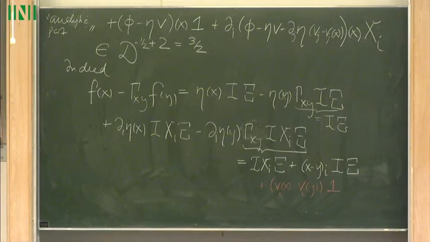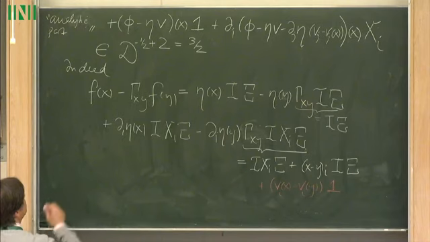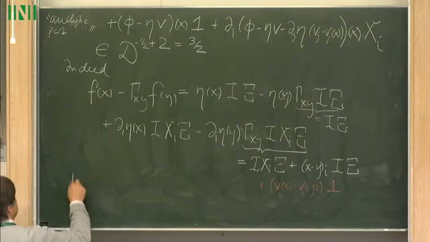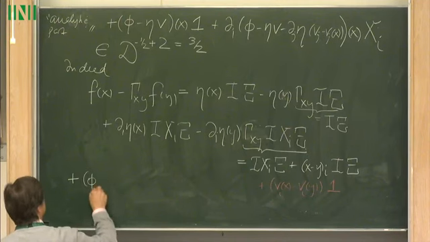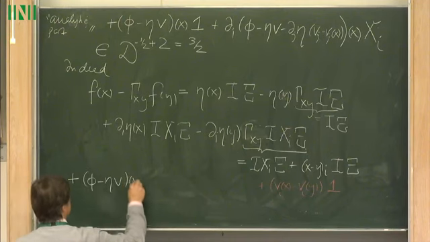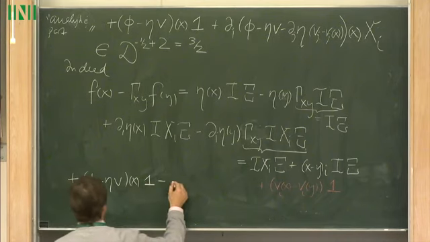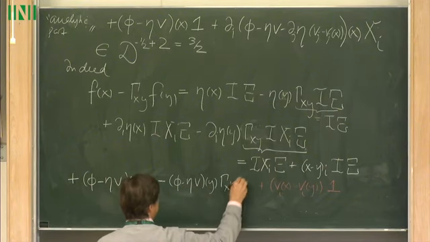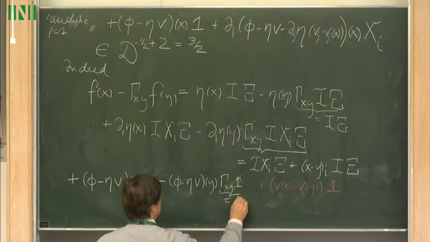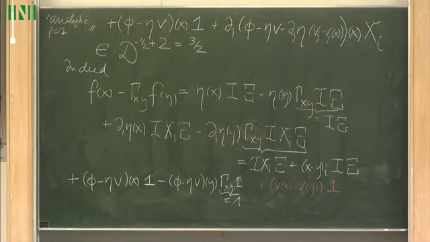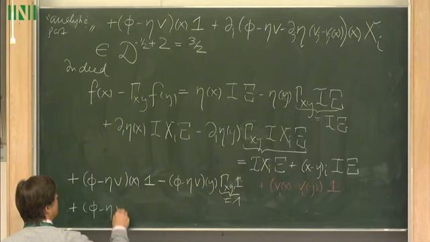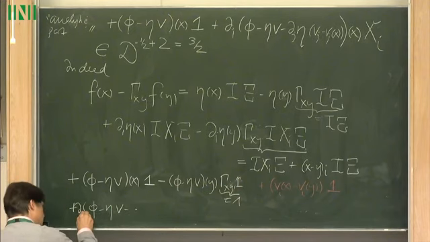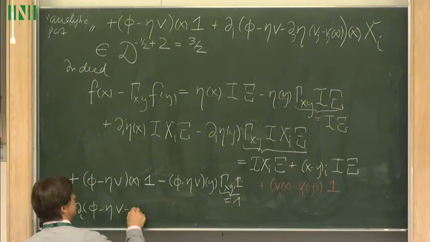Okay, so that's what's happening on this term. Then we have the one term, so plus phi minus eta Vx1 minus phi minus eta Vy gamma xy1, which of course is 1. Nothing happening there. And then we have the last term, which is phi minus eta v di phi minus eta